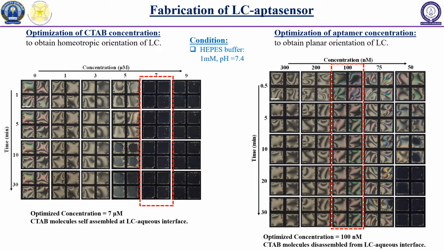Below this, the planar orientation was not stable. Therefore, this 100 nanomolar concentration is the optimized concentration for the further experiments, and at this particular concentration, CTAB molecules get deassembled from the LC interface and bind with the aptamer through electrostatic interaction, as